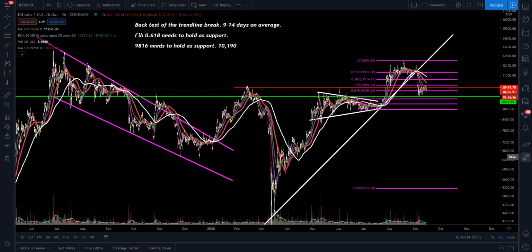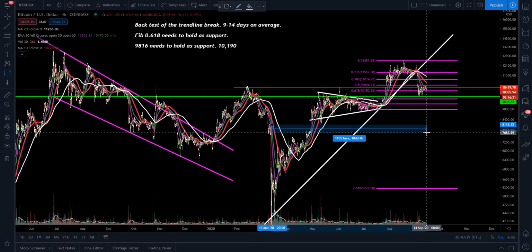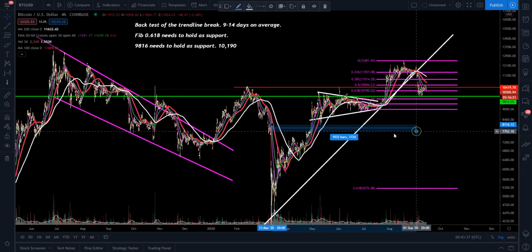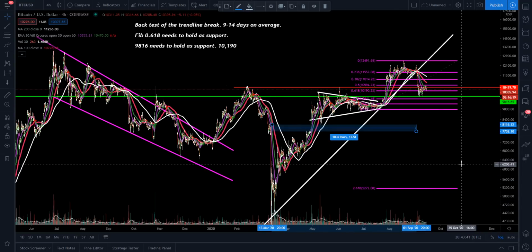But what I wanted to look at today was out of this white trend line that we had been up in. Guys, what I wanted to do here was do a price date range for us. I want to take us sideways to where we're at right now. And right now we have been moving up for about 184 days. And what happened was we had a trend line break, and that took place roughly at about 172 days in this uptrend. So from when we had our major dump to when we had this trend line break was 172